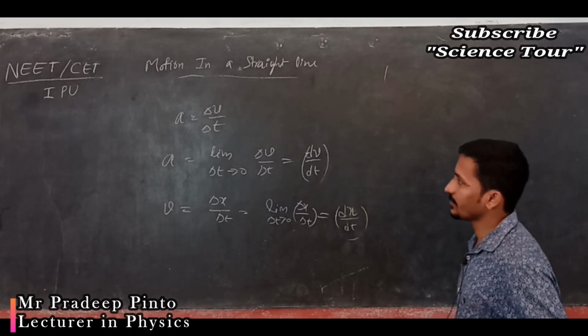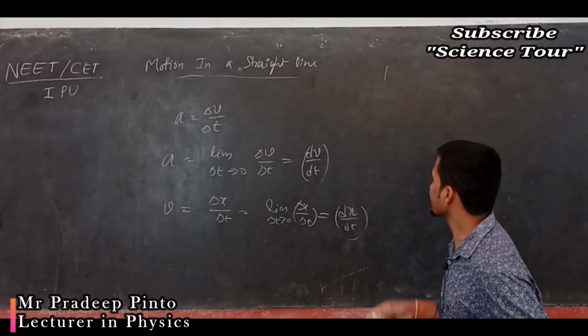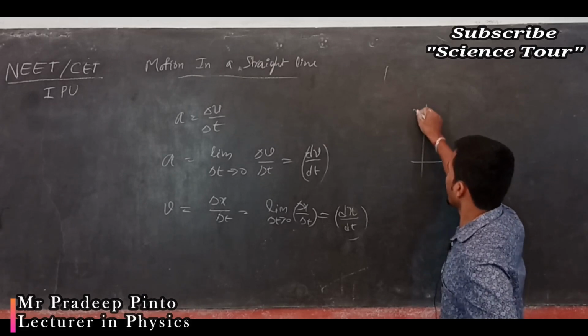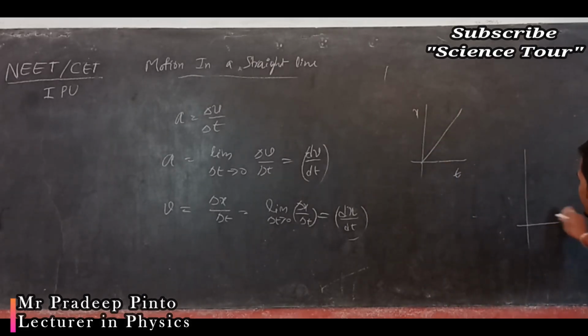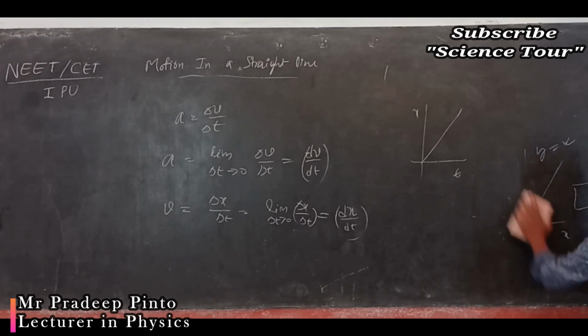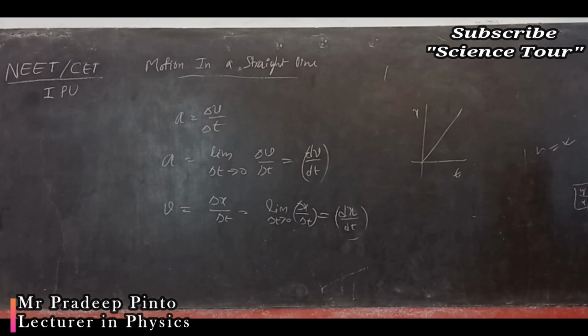Okay, now see, I am going to draw a graph of x and t, a straight graph. So what is this graph? You have the y and x axes, and this kind of graph you get in mathematics. What are you going to write? y is equal to x. So y is equal to x, with values 0, 1, 2, 3, and you draw the graph in this way. So that becomes y is equal to x.